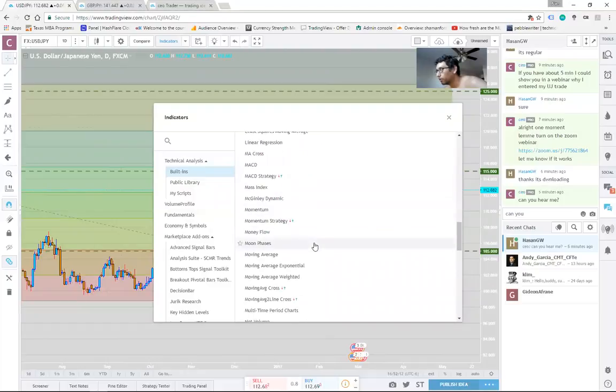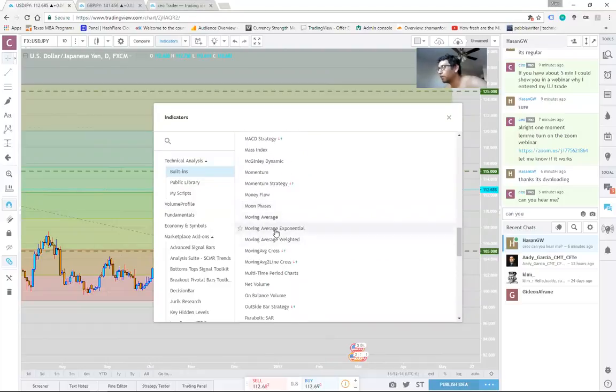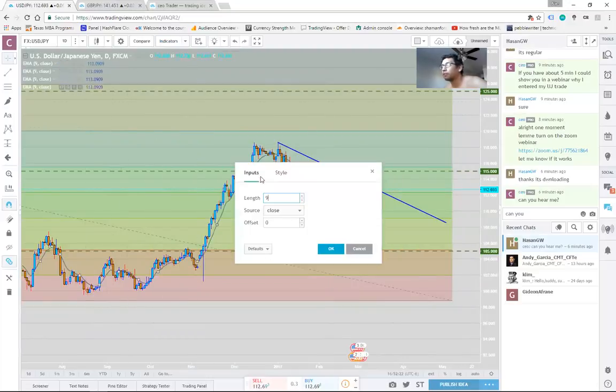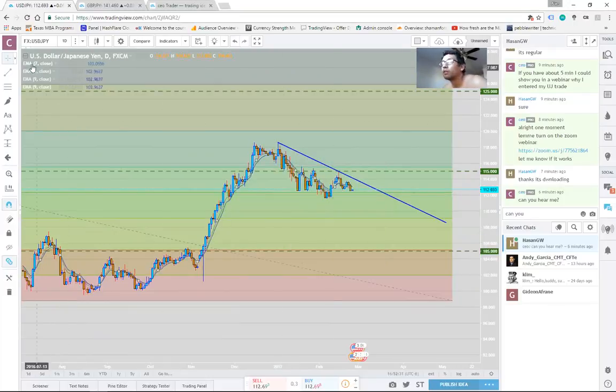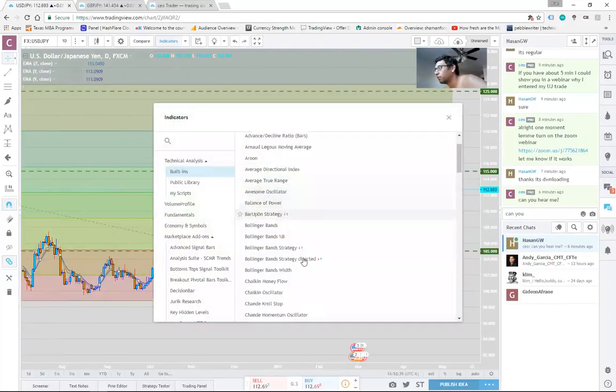And I use moving averages. I use the exponential. I use a few actually, to keep it simple. I'll make you more. Give me a moment. So the 7 EMA, and then actually I need the regular moving average